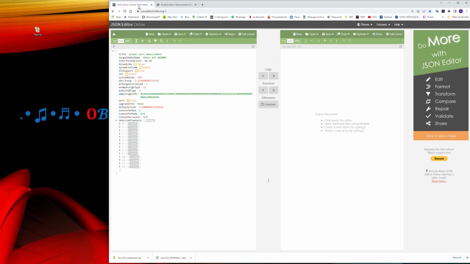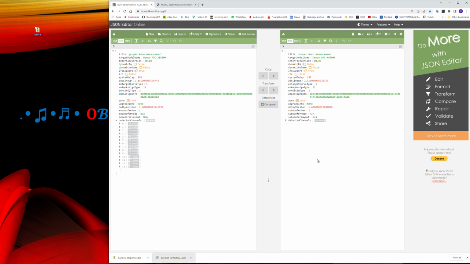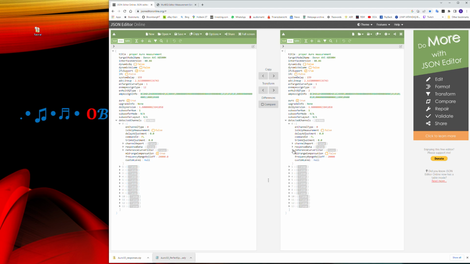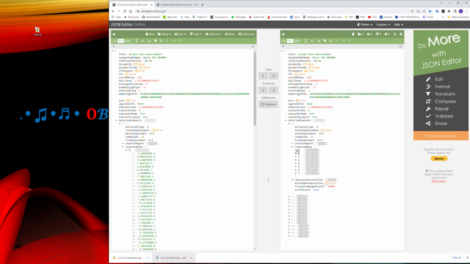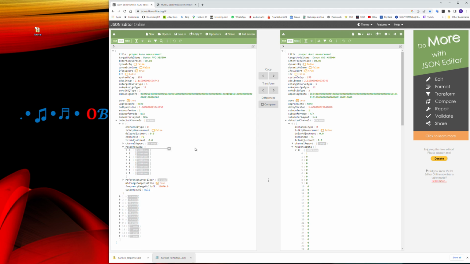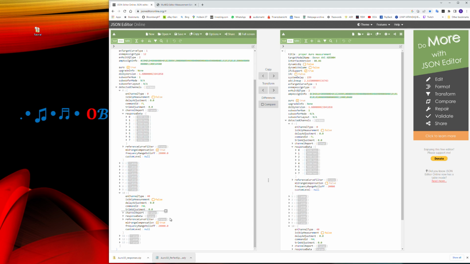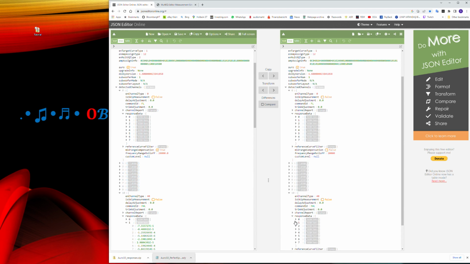And to compare, for example, this was the original Auro 3D, and this is our created perfect speaker version. As you see, everything is the same, but when you go into the detected channels and response data, here the original file has an impulse response, but our file now has a perfect Dirac pulse, which means it's a perfect speaker, which means Odyssey will not apply any correction to this speaker. This is done for every measurement of every other speaker, like so.